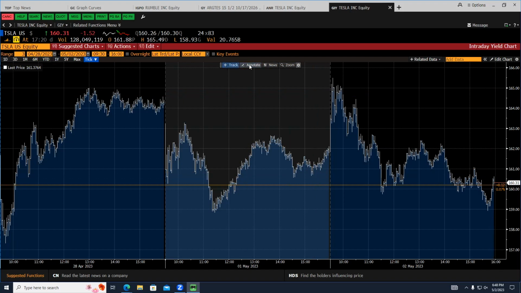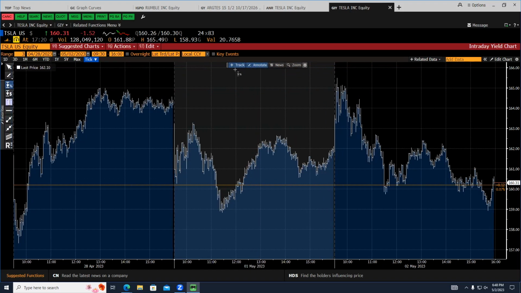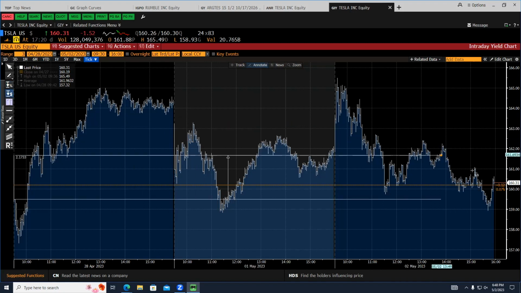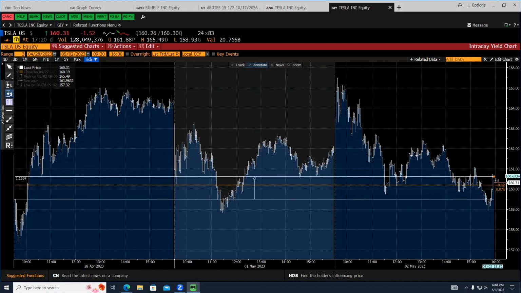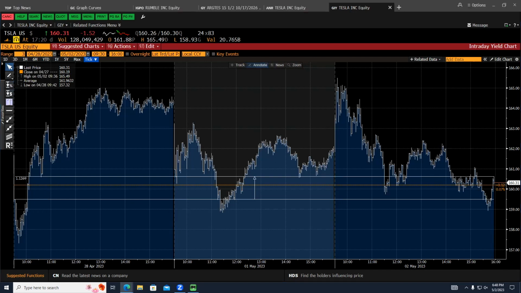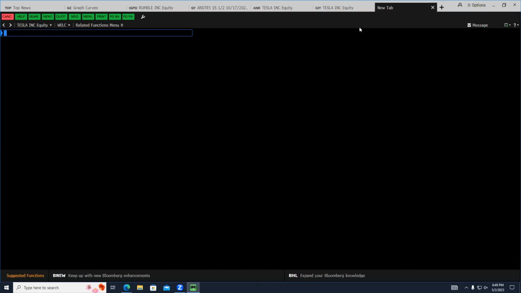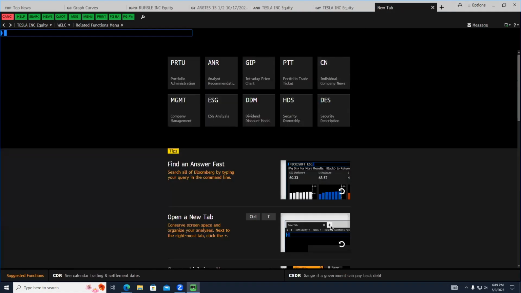If we do annotate, which again, you're going to have to hit both of them, and if we do the net change, we then are able to see that they actually have improved by 1.12% of the intraday. All right, we already went over our calendars. Another one we have to go over is